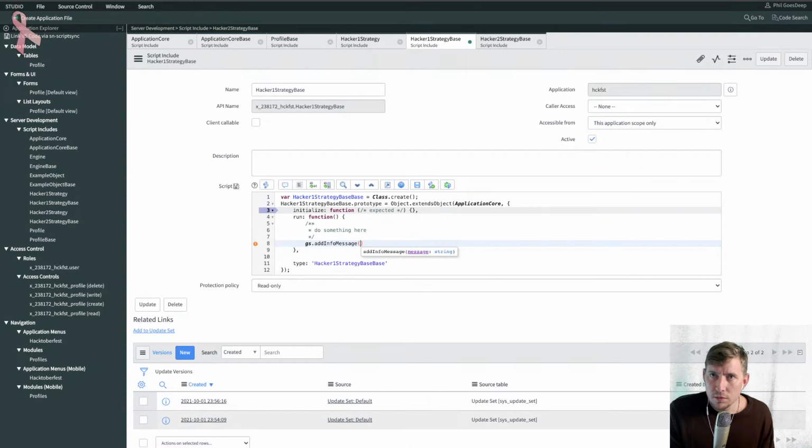Hacker strategy. What would come in there? We'd probably pass in the glide record. Let's call this the GR profile coming in, GR profile and say gs.get message